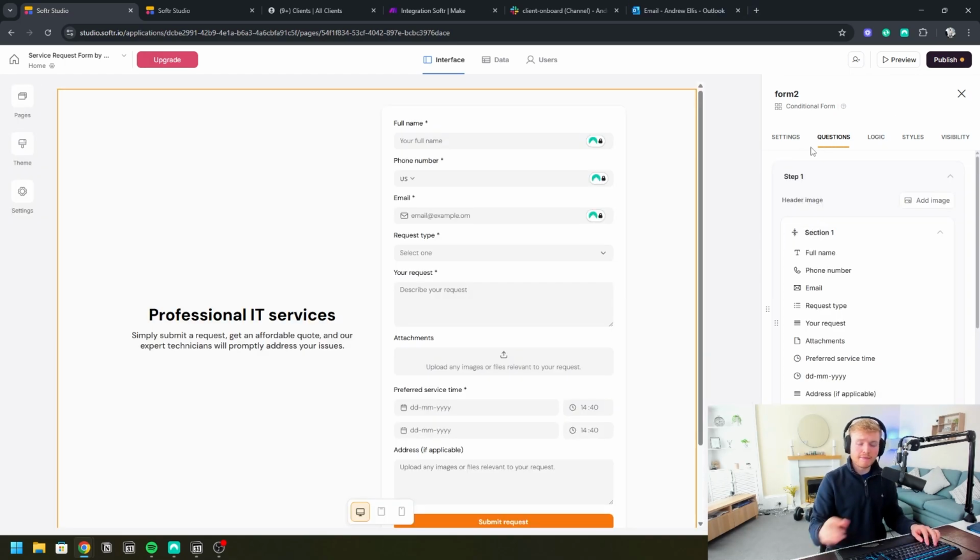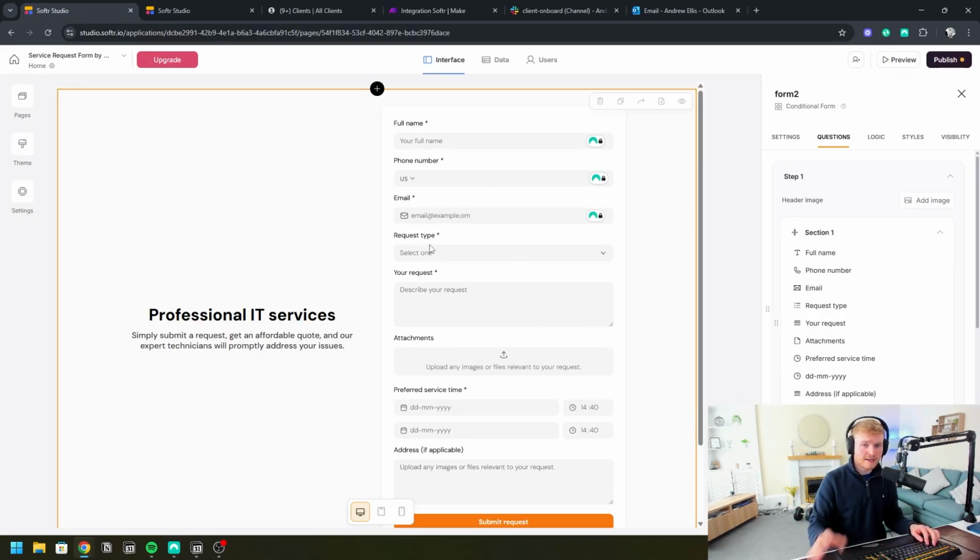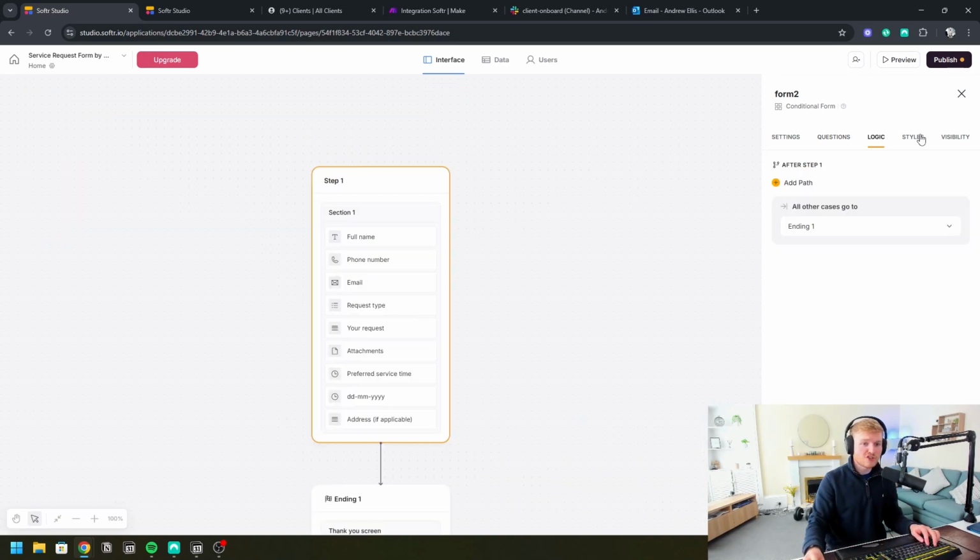So if people are buying maybe a lower ticket stuff and you're wanting to send them client portals right away, then again, from this logic, you could either put them in one or two fields, triggering the automation to happen, because inside of Make, you can get this to run at specific intervals. So if you wanted this to run every hour or every day, then you could have it do that for anyone who's filled in this inquiry form, meaning that conditional logic can be taken even further, your CRM can be built out better, and you can also start to use the automations to ping with one another without you actually lifting a finger. You can see there really is so much that Softr can do